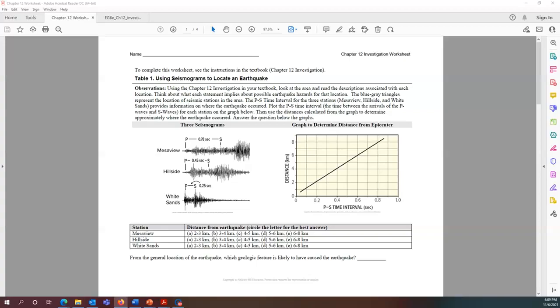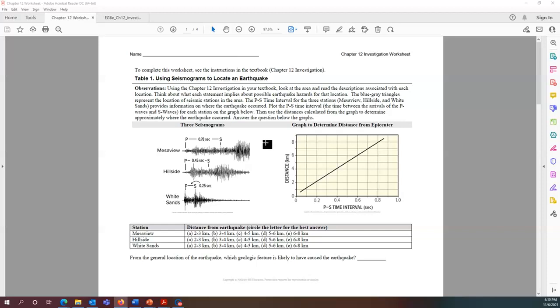I wanted to go through and just explain this investigation laboratory exercise. So, starting off, you can choose to use the Word doc or the PDF. It doesn't really matter, whichever looks better on your device. So for table 1, you're going to use the location of these 3